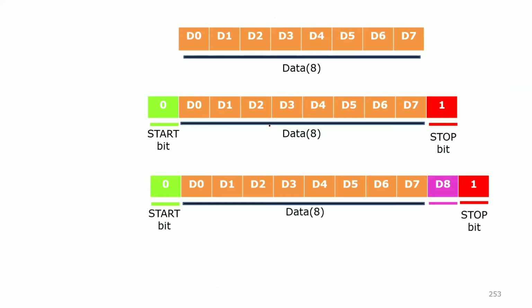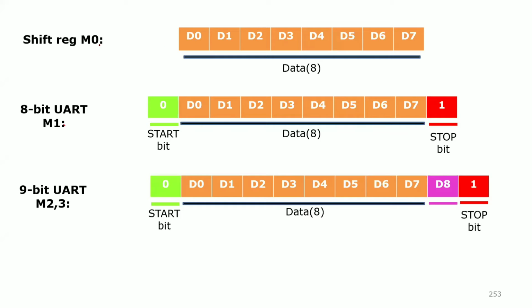I told you there are 4 modes, and those 4 modes have their structures, and I'm going to show you the structures. So these are the structures. The first mode is your shift register, that is your mode 0, and this is 8-bit UART, your mode 1, and there are two other modes, mode 2 and mode 3, that is your 9-bit UART mode.